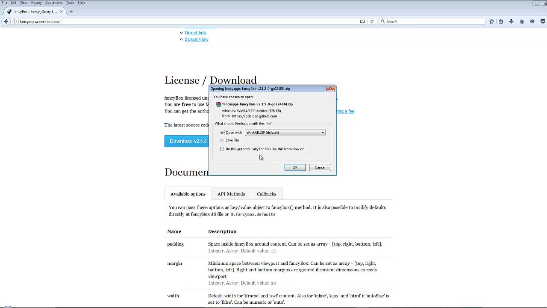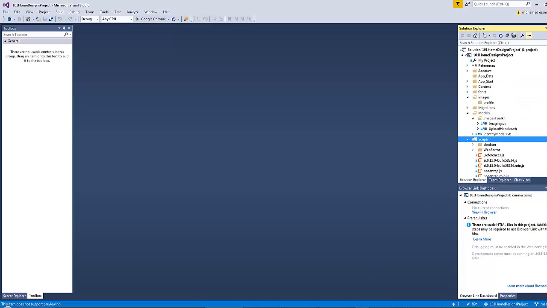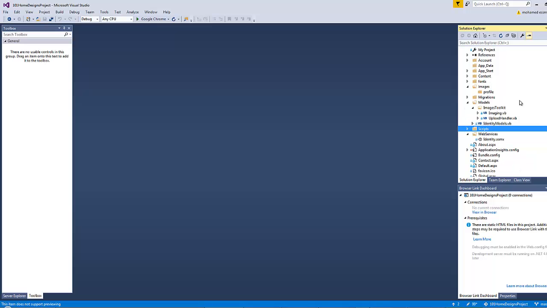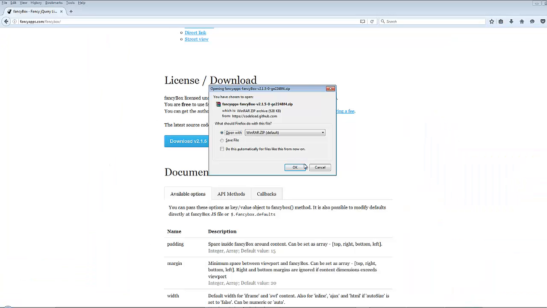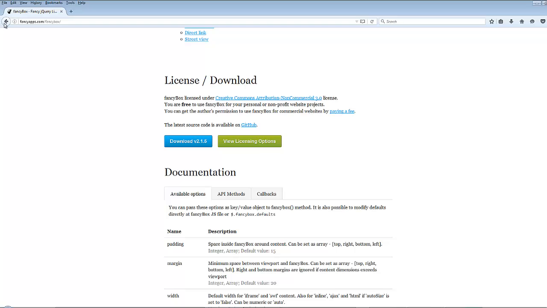After you download it, just copy the folder and paste it as it is inside the project's folder. It's not necessary to paste the scripts inside the scripts folder and the CSS files inside the content folder. Just paste the folder inside the project folder. For example, for the ckeditor, you can also,